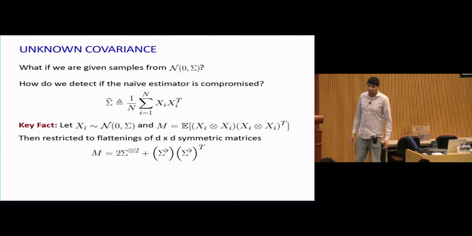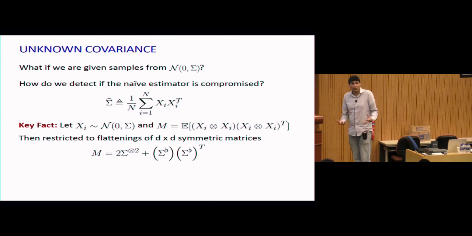But the trouble is that the fourth moment is hard to work with algorithmically because it's a tensor optimization problem. It turns out there's a way to turn it into a matrix problem, and this is a little bit subtle. Imagine I give you samples from N(0, sigma), these x_i, and I represent its fourth order moments as a d squared by d squared matrix. So I take the expectation over the samples from the distribution of x_i tensor x_i, and then I take it times its own transpose. That's a d squared by d squared matrix.